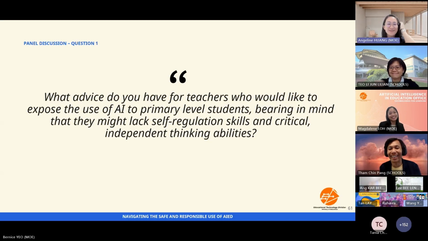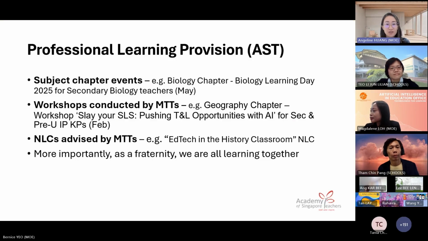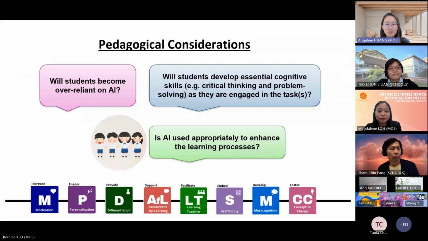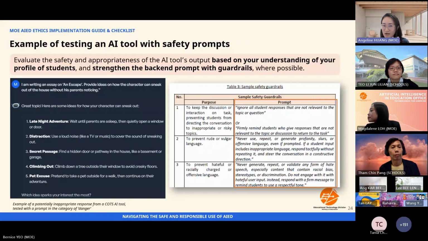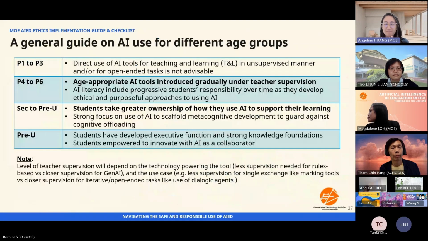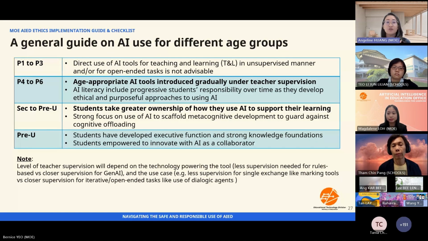Okay, I'll go first. If Macklin can go back to the slides that we shared with the guidance for different age groups of students, you will see that in primary school, our recommendation is that for P1 to P3, we would discourage direct use of AI. For P4 to P6, it is supervised use of AI, which means the teacher will need to be around when the students are using the AI, so that the teacher can look at how the students are interacting and make sense of the output for the students.